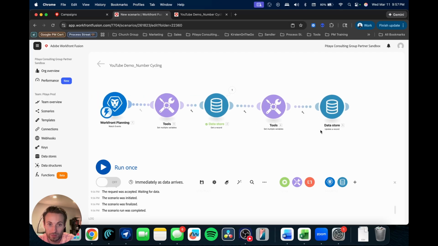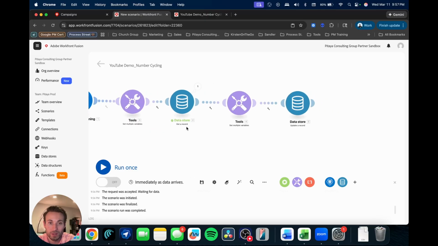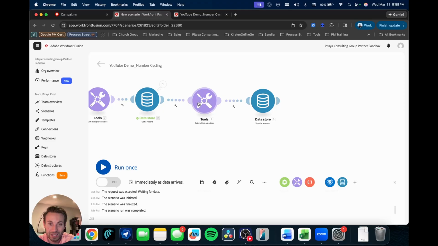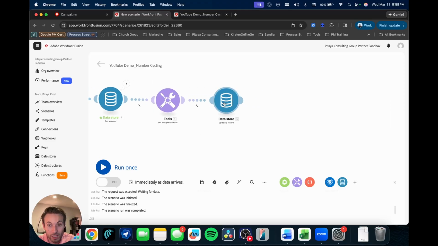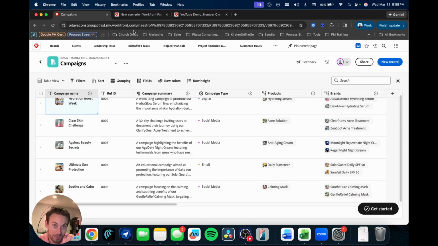So that's what we have so far. Triggered, we're setting that variable. You know, this is not a necessary step. We could easily hard code that key into both of these modules, but just to keep it a bit cleaner and easier to maintain. Getting the record, or getting the number from the data store, setting the new number, updating the data store. And so the last thing is we need to now update this field on that new